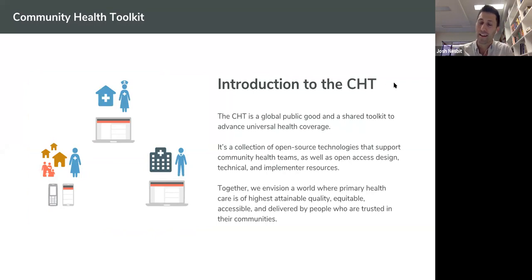The Community Health Toolkit is really positioned as a global public good. The idea here is that this is a shared toolkit that we can all use and build upon to advance universal health coverage. And practically, it is a collection of open source technologies that support community health teams. Many of us have focused on community health workers, but we know that they're not alone in delivering care. So it's really a set of tools to support a community health team, as well as open access resources, such as design, technical, and implementer resources